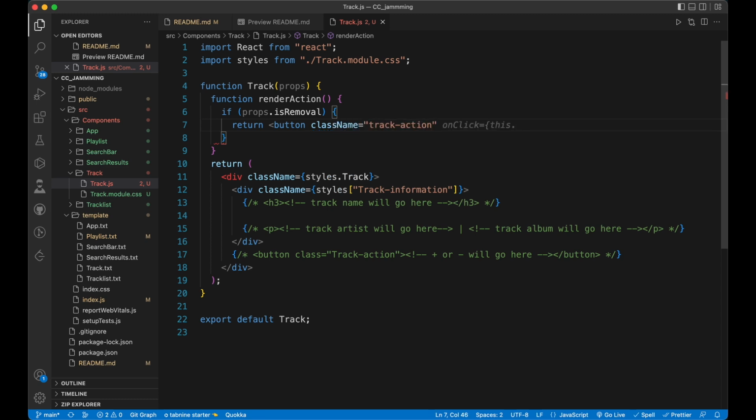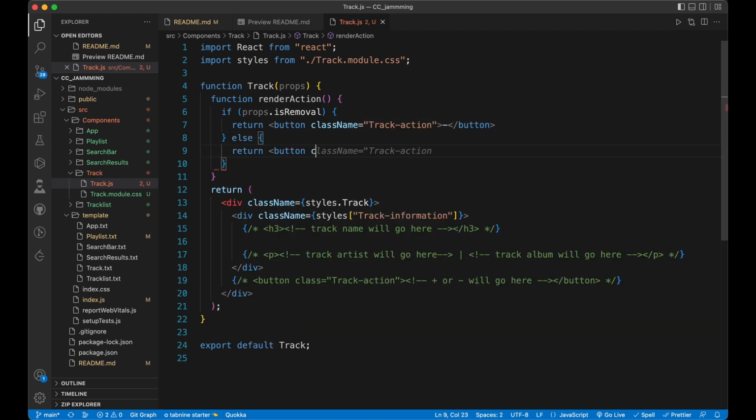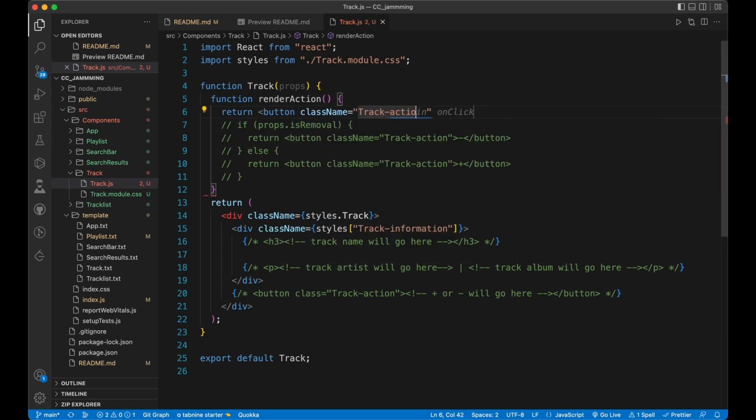And if props.isRemoval is not true, our app must return this button component or this button element. Here we can achieve the same functionality inside a single line of code by doing this one, button